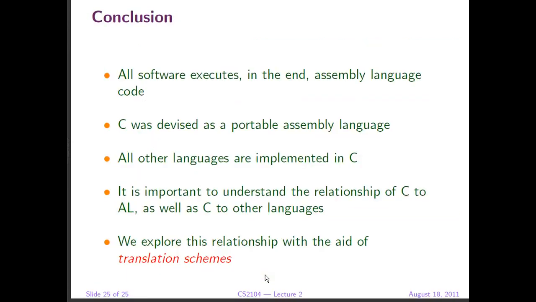Finally, what have we learned in this lecture? Remember, all software executes as assembly language code. So we would like to understand what kind of assembly language code is executed from any language that you write your programs in, to understand issues related to efficiency, time efficiency, memory efficiency. C was devised as a portable assembly language, so keep that in mind. It's supposed to help you